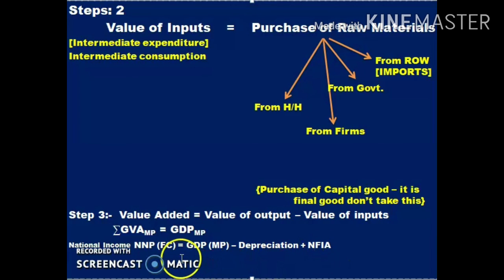Next, another term you have to convert is factor cost. The value we found is only at market price. So what you have to do to convert to factor cost? You have to minus NIT. Then you will be getting the answer, national income or NNPFC. Hope you understood. We will be doing certain numericals now in the next video.